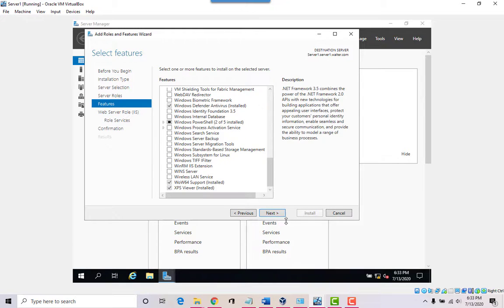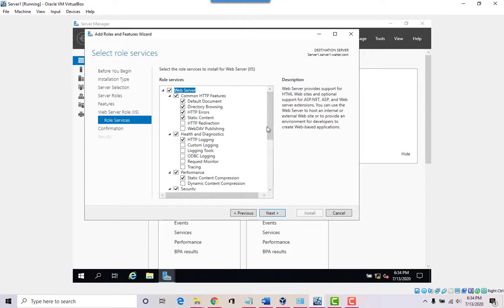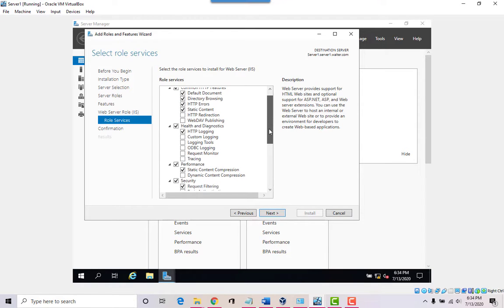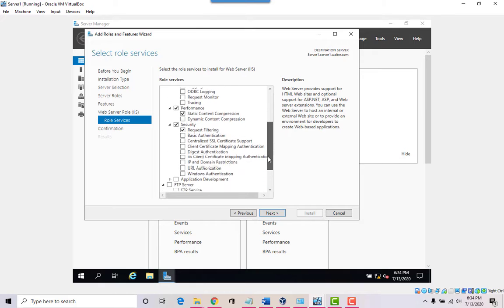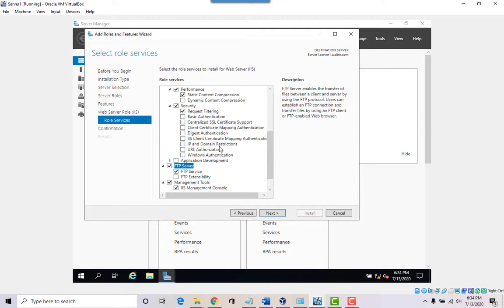I think this is all we need. Click next, next. And what else? The web server has a whole bunch of things, so let's select down here the FTP server. Okay, so now FTP is part of the web services, so it's all in there.